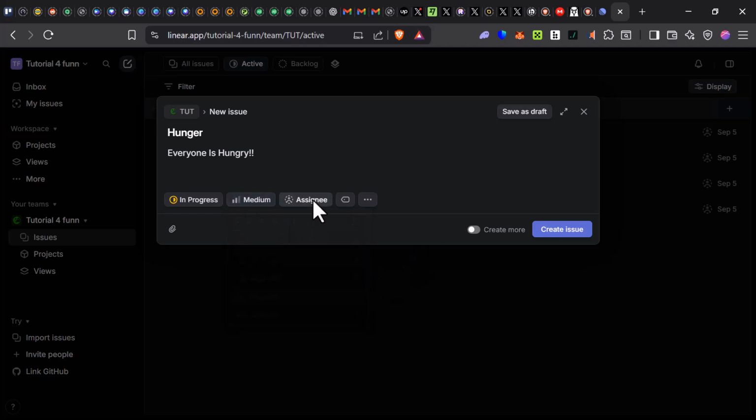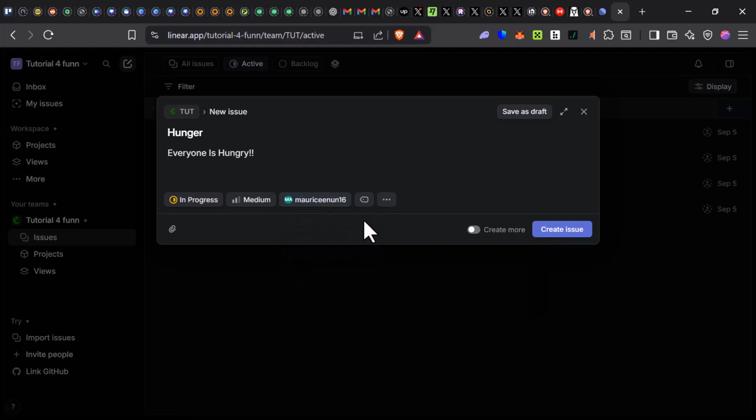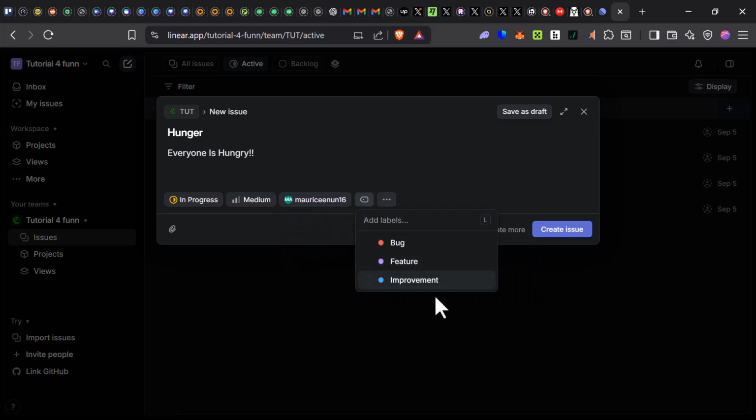You can set it on medium, and then assigning, we currently have only myself, but when you have other team members available, you can just simply click on this to assign a team member to the task. And then we also have label. So we have bug, feature, improvement. You could simply edit this to match whatever context you want, like